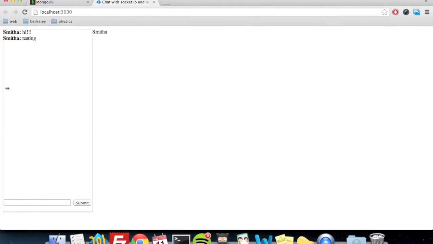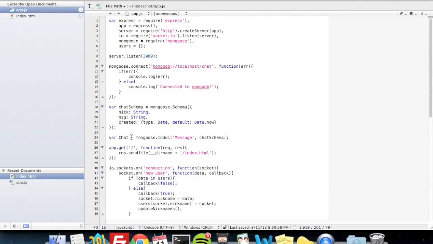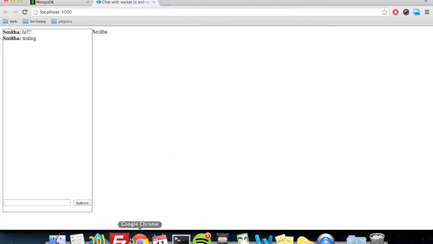And now that we have messages saving when we enter messages in, the next thing we probably want to do is retrieve messages when a new user connects so they get the messages that they missed. So we want to do that as soon as a new user connects. And the reason for that is